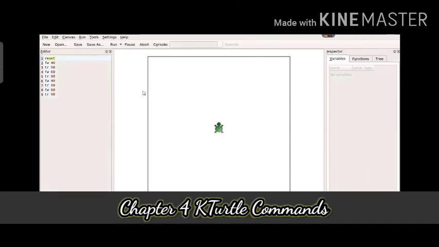Yes, so at present it is at the center. Now forward 40 steps, then turn right at 90 degrees, this one, yes. After this, forward 60 steps. From here it will move 60 steps in a forward direction. Then turn right at 90 degrees to the turtle's right. Then forward 40 steps.